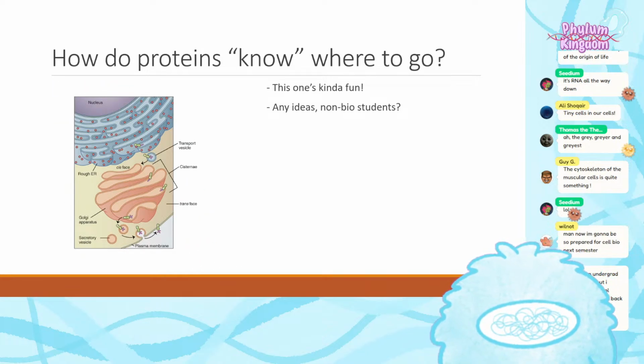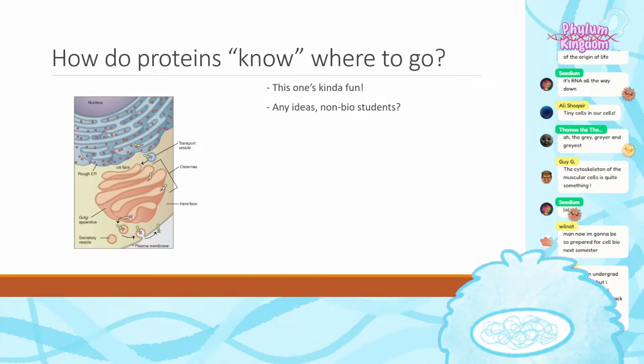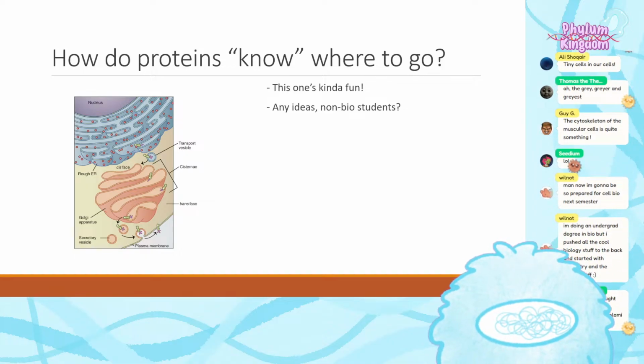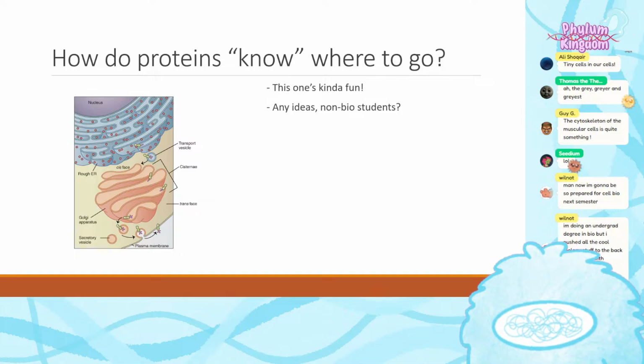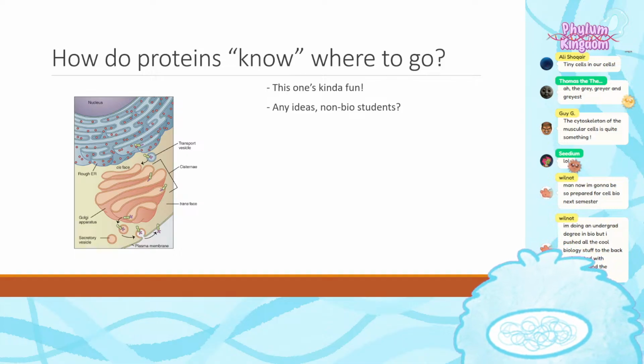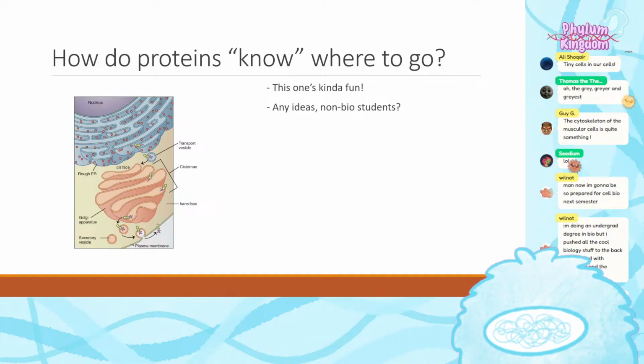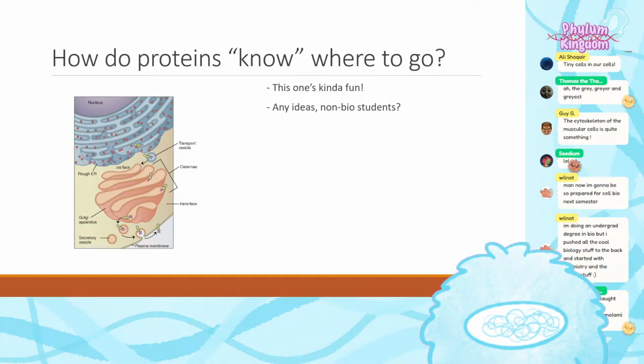And then this is kind of interesting. This is something I don't think that you get in an intro bio class all too often. How do proteins know where to go? And if you've taken biology before, don't answer, right? I want to give the non-biologist, or if you've taken biology like a billion years ago, this is a fun way to get back into thinking about all sorts of the clever things that the cell actually does.